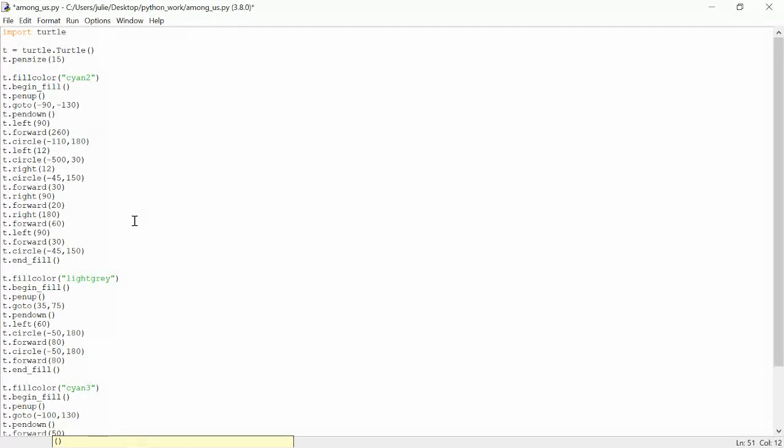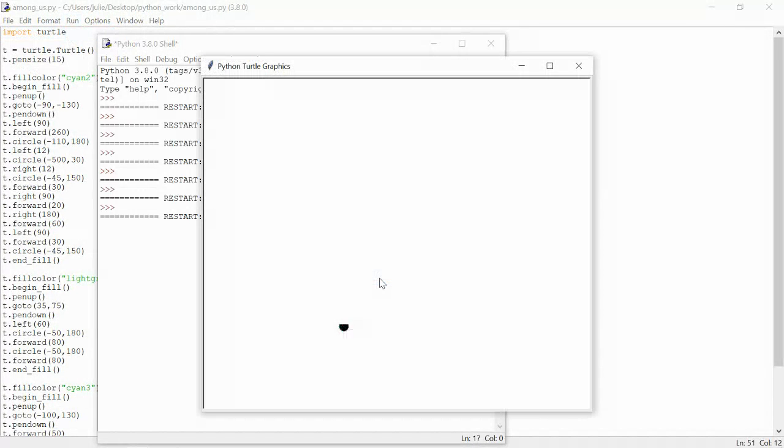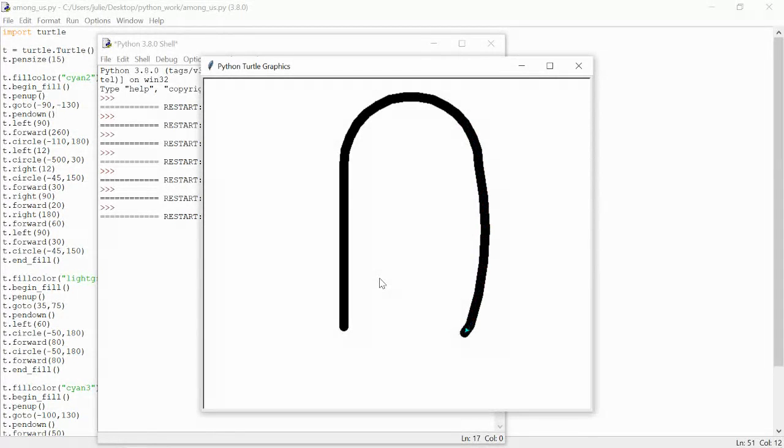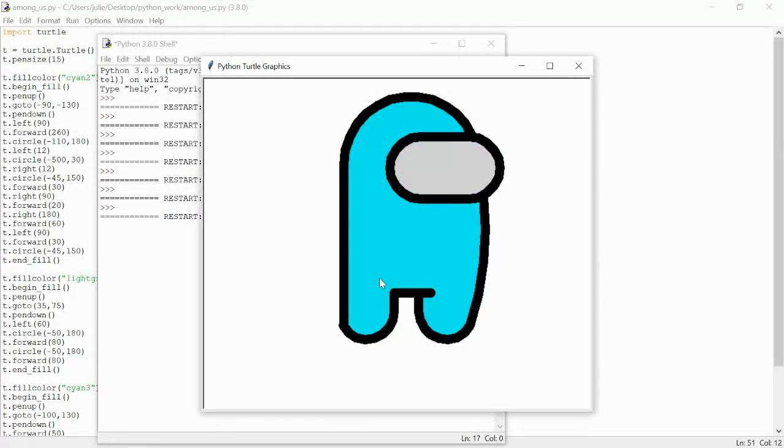Now for your character, you can change up the colors here. You'll want to keep the mask light gray because that is the color for all the masks. But if your character is yellow or red or lime, then you can just change these. So right now, this is what my cyan character looks like. It draws out the body, colors it cyan, draws the mask, colors that